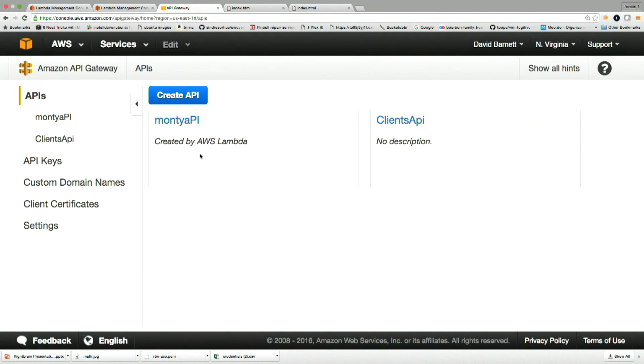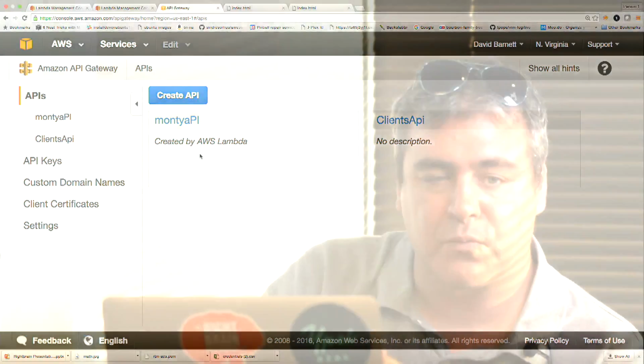I don't have a good example, but yes, you can map data coming in. You can map data going out. One of the things that's really nice is in Python, you raise an error. That's how you produce an error. You can take the string that you pass to the error, put that into API Gateway and say, if I see this string, raise a 404. If I see this string, raise a 500. If I see this string, raise a 302, redirect. That's how I actually did the Lambda stuff.